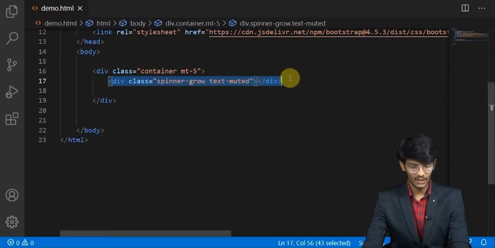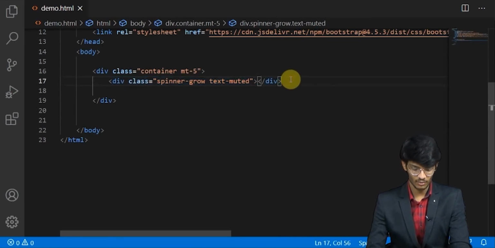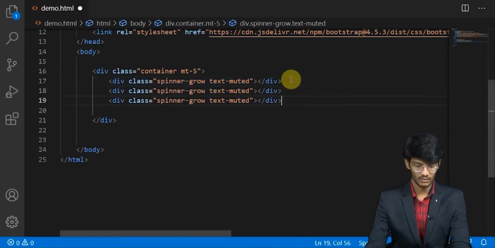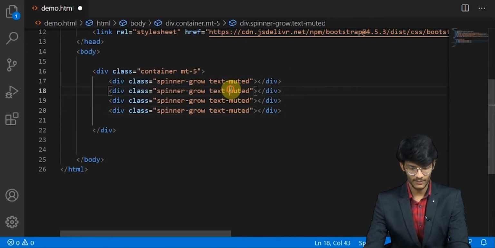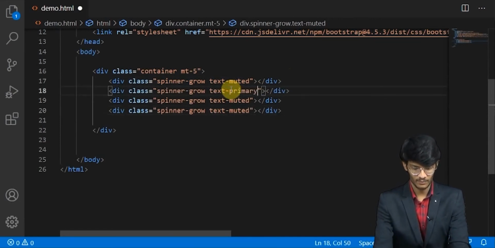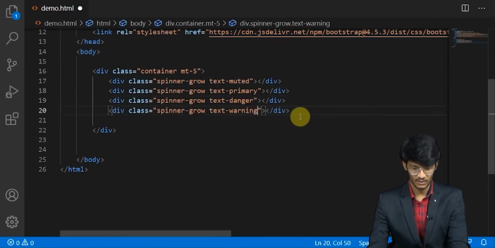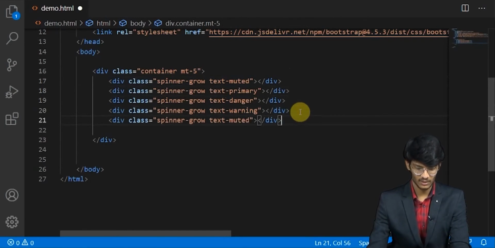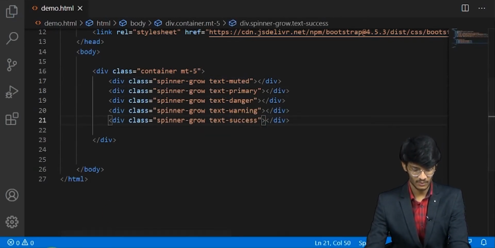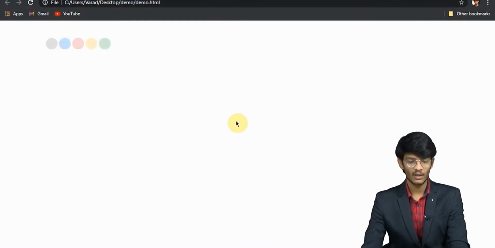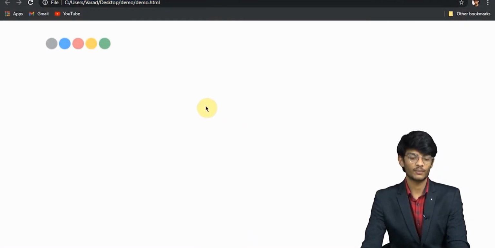We will try this also in various different contextual colors: primary, danger, warning, and then success. Well, these are the loading icons.